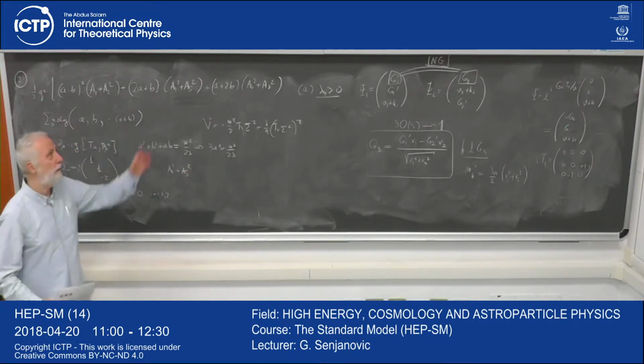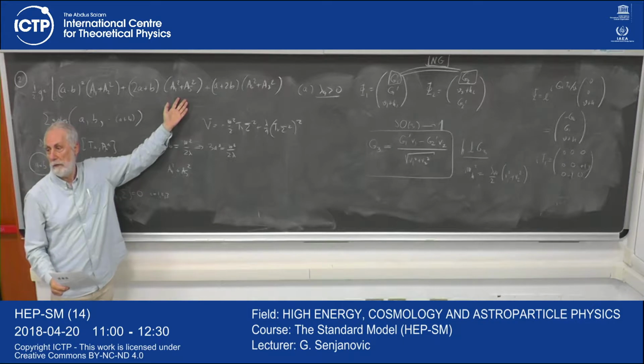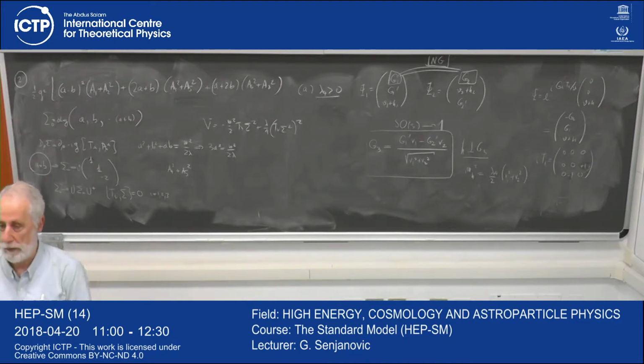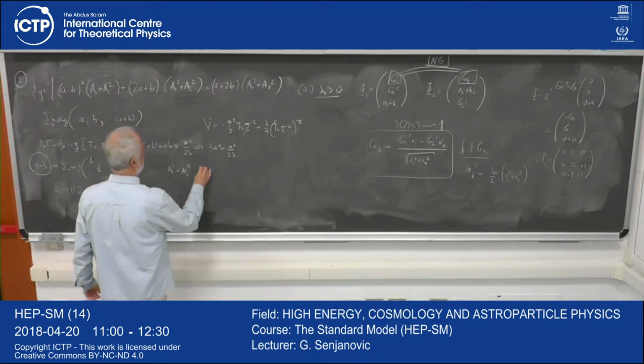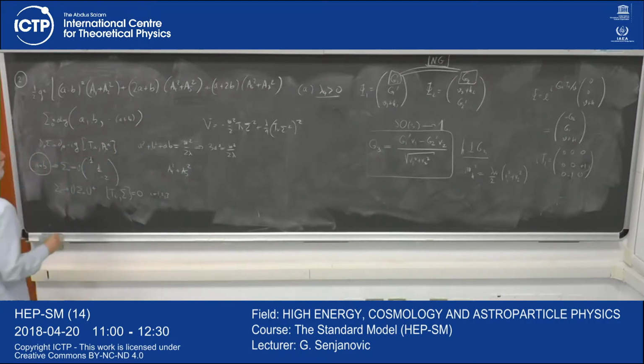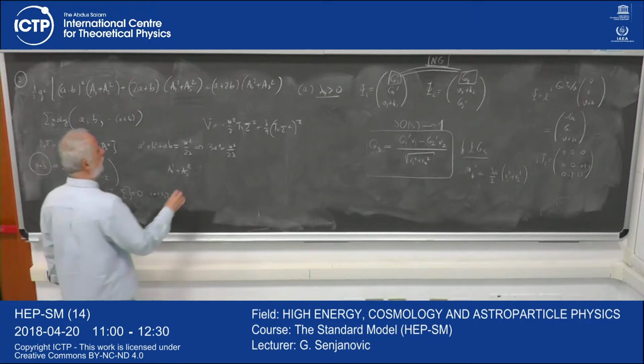Of course, it has to be the same. This is just a doublet of gauge bosons in the SU2 language. Okay, actually the physical states are linear combinations: A4 minus iA5 and A4 plus iA5. So they have the same mass, which is 1/2 g squared,